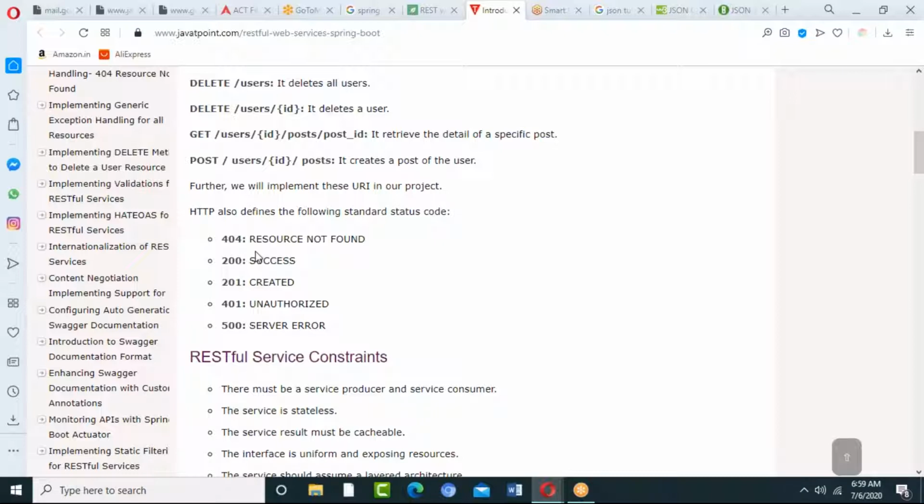Standard codes, what it will be printing on the server. If any resource is not found, it should show an error saying 404. 404 means that the resource you are expecting is actually not there. That resource is not there, and sometimes what happens is you are going to find out